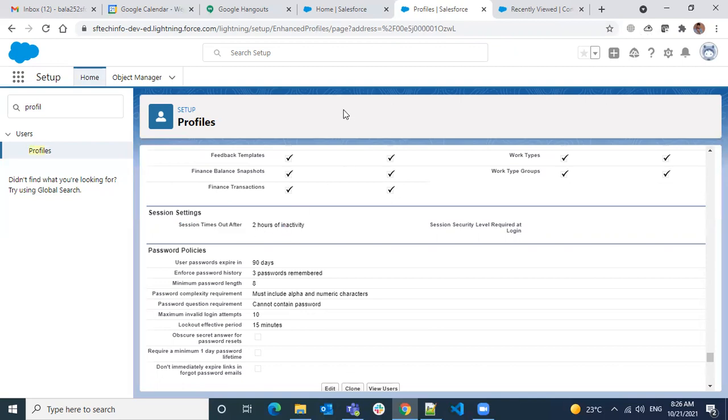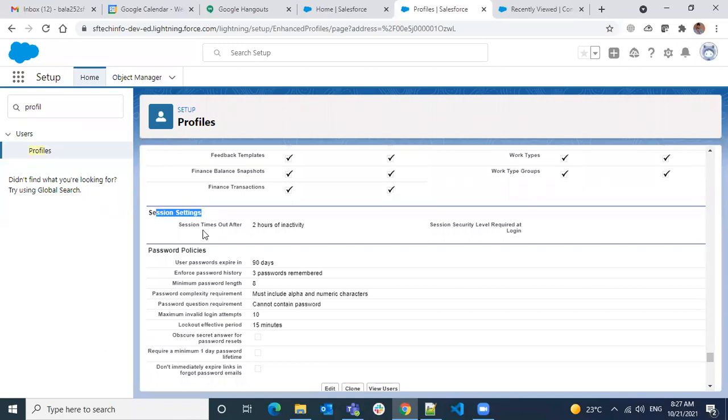After 2 hours, if you try to access anything, it will say timed out, navigate you to the login screen and ask you to log in again. That's what the session timeout time is.